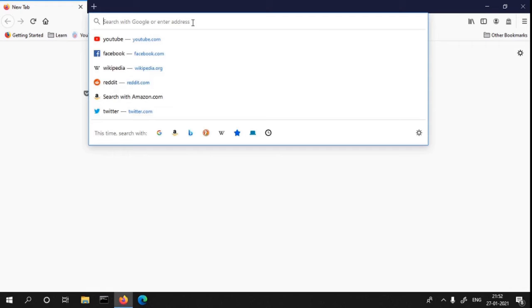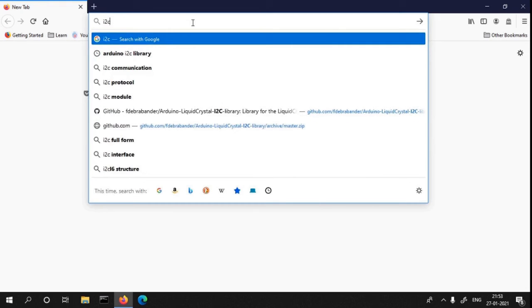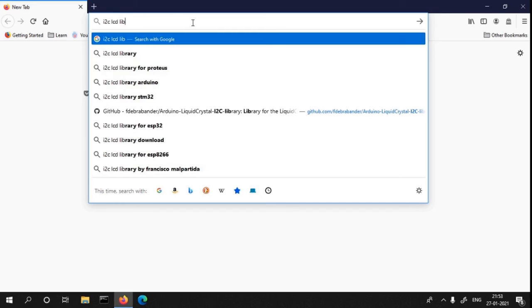Now we are going to see how it is programmed in Arduino. First we are going to download the necessary library files for programming the I2C LCD display. We are just searching for the I2C LCD library for Arduino.